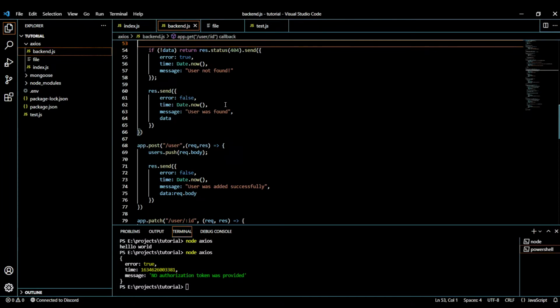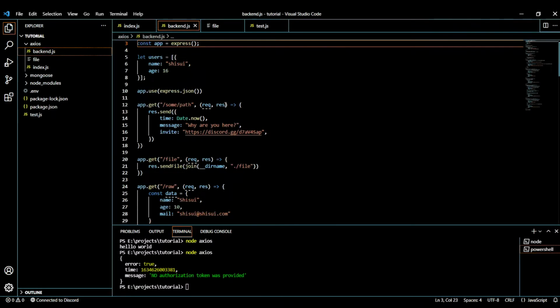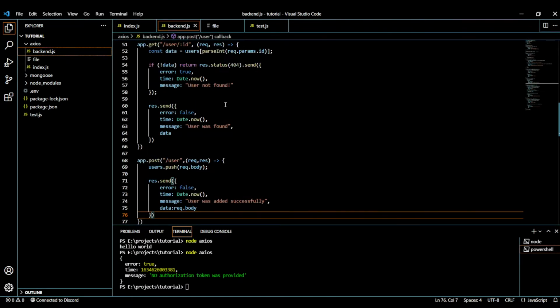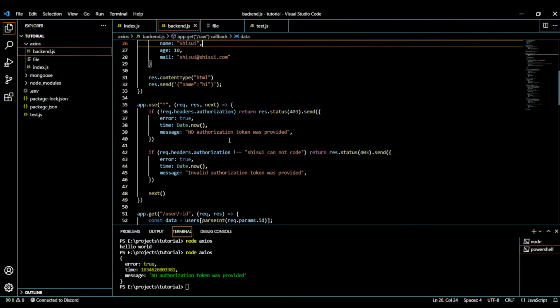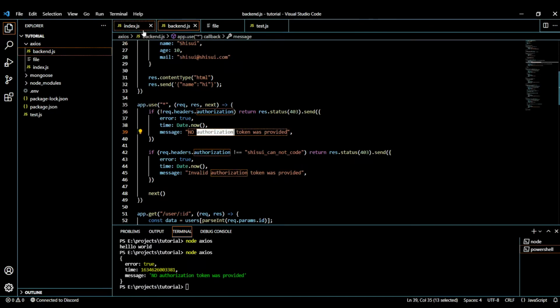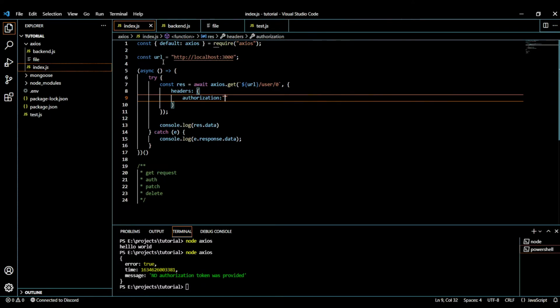Let me copy authorization from this backend file, and please ignore this backend code. It is some Express.js, and if you know it, well, you can ignore it anyways. We are just going to copy this authorization, and we do not know the token right now, so I will just type some random token.